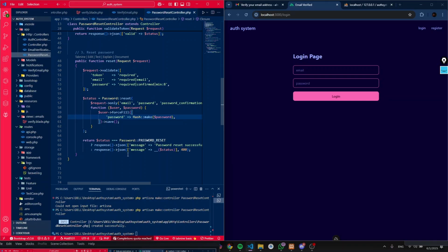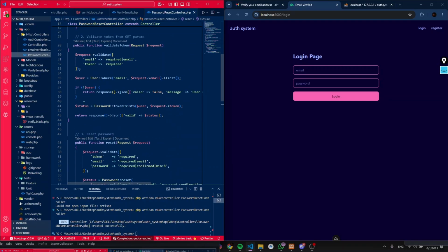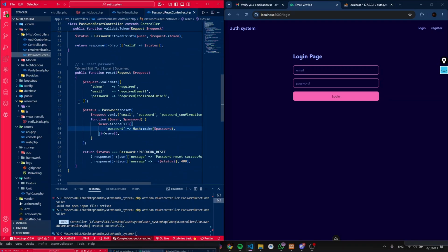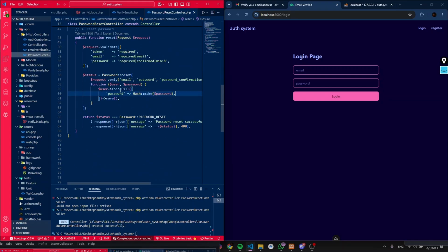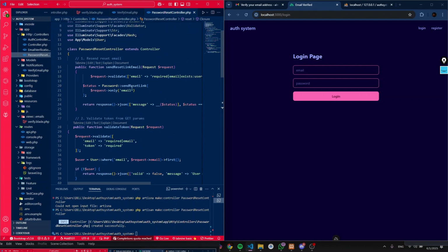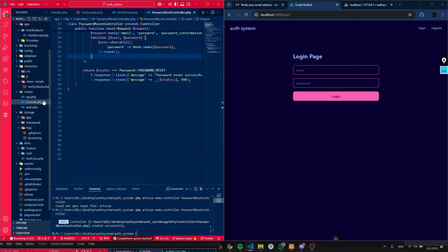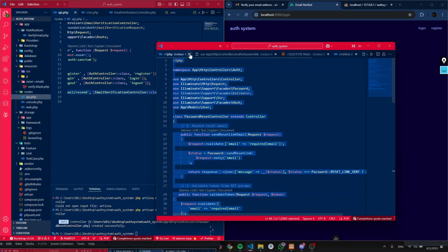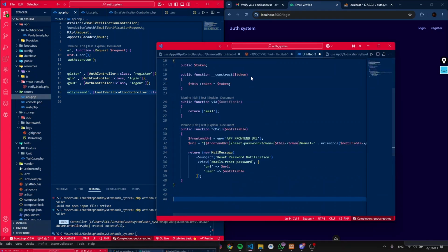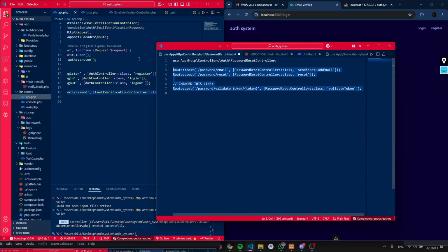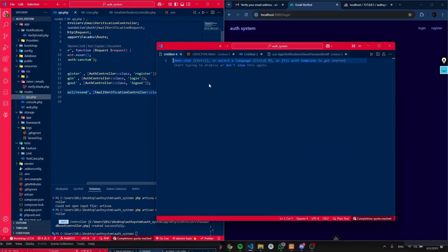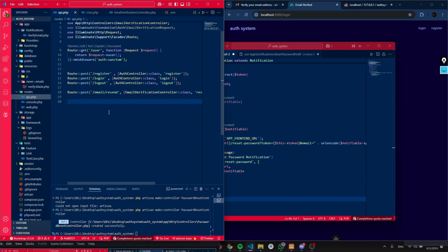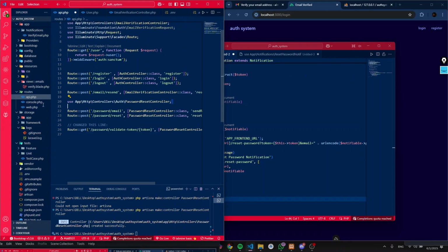To be honest, you don't have to actually think a lot about this functionality because you will just use it once in your whole app. So that's it for this function. Now let's just create the routes. Let me go here. Let's go to the routes. As you can see, we have here the